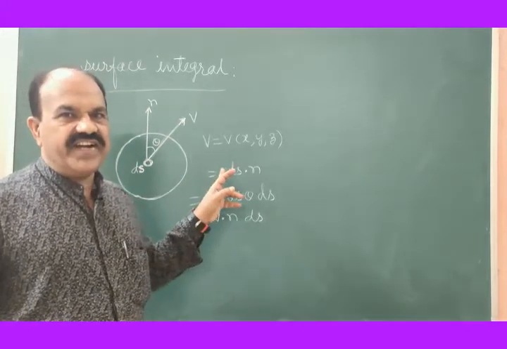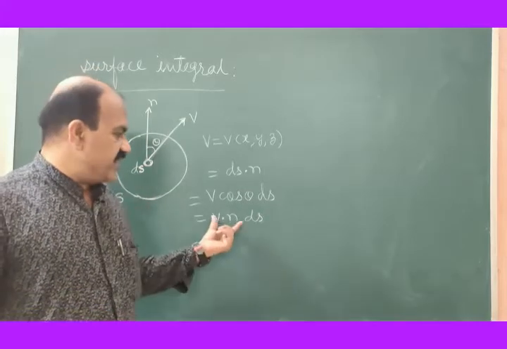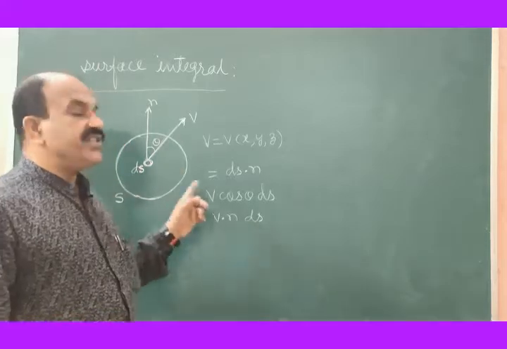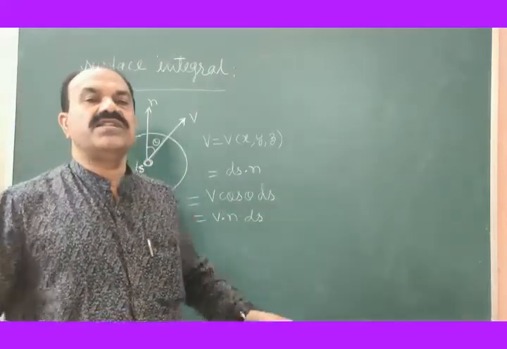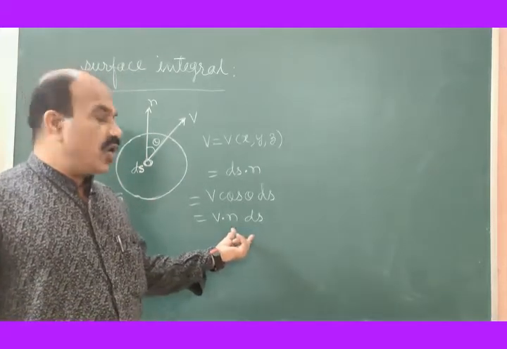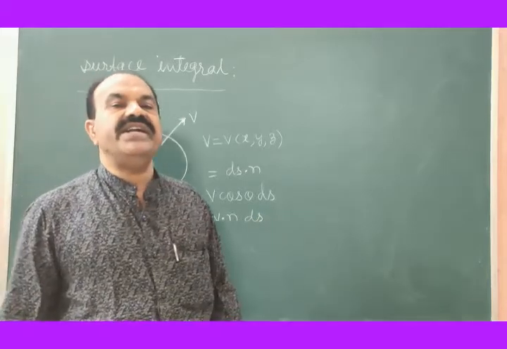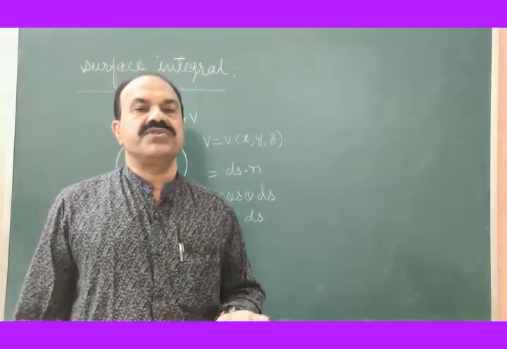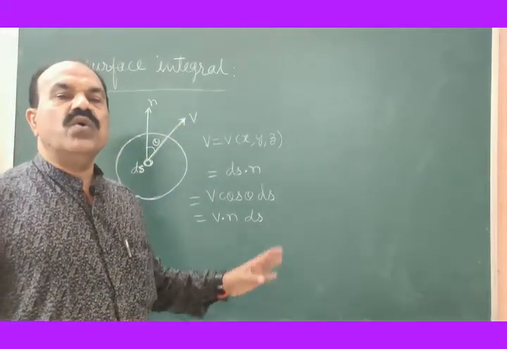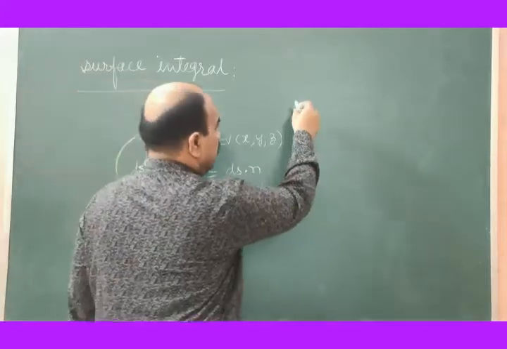S is divided into such a large number of ds. This is the value of vector point function for one ds. S is composed of a large number of such ds. If we take the sum of all such flux of vectors over area ds, it will give the surface integration of the vector point function over the closed surface S, and therefore